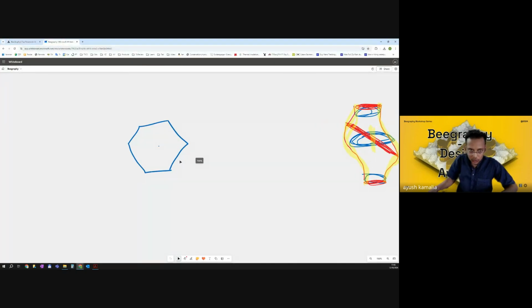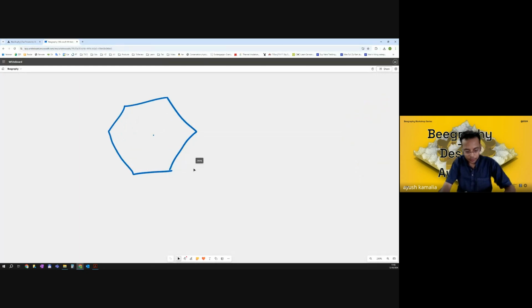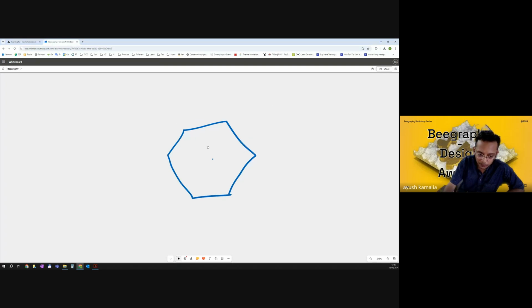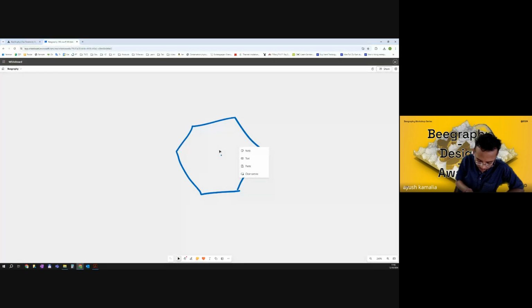Let's have a quick look at the whiteboard, how we can conceive it. So this is a base module, which is a pure hexagon, nothing fancy about it. And in this, parametrically, how we can reduce it is we can take the center point, if you can just see the dot